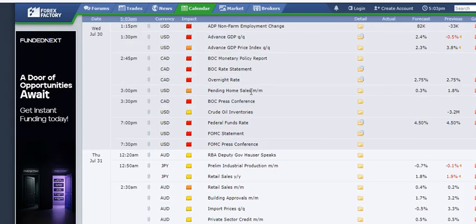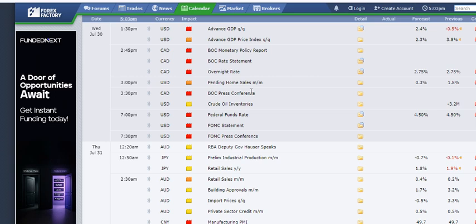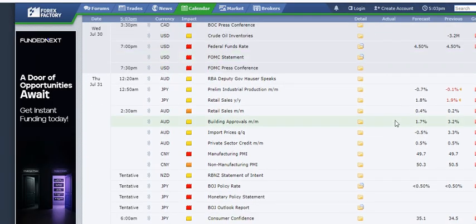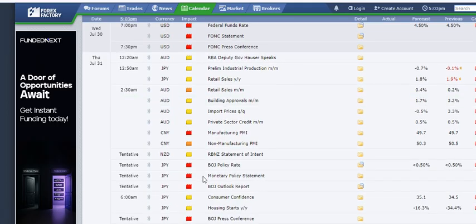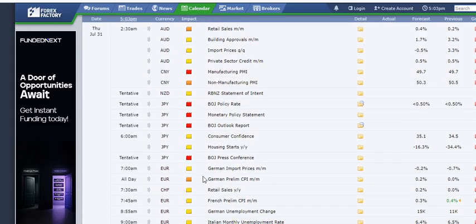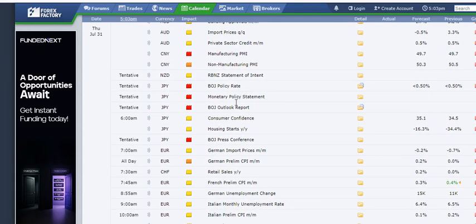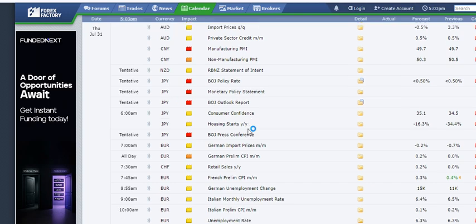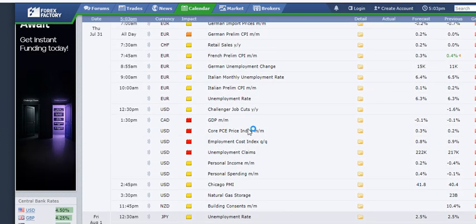Although the fact is that they're not going to cut and they're not going to hike. But the thing is, we have to understand what the statement is going to be all about. Is it going to be a bullish sentiment from the statement? And also we have BOJ policy rates on Thursday, so that will be 3 central bank rates this week. And then for the BOJ, I think it's going to be neutral to a bearish one. Okay, so that's what I'm looking out for from there.